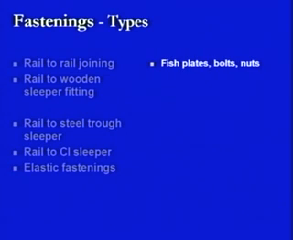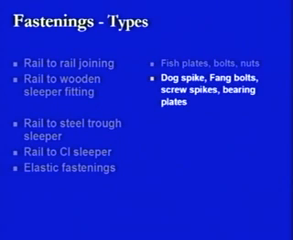In the case of rail to rail joining, we will be looking at fish plates, bolts and nuts. These are the fastenings or fixtures which are used to connect one rail with another rail. In the case of rail to wooden sleeper fittings, we will be discussing dog spikes, fang bolts or screw spikes, and bearing plates. We have a lot of other fittings also, but these are some of the important fittings which we